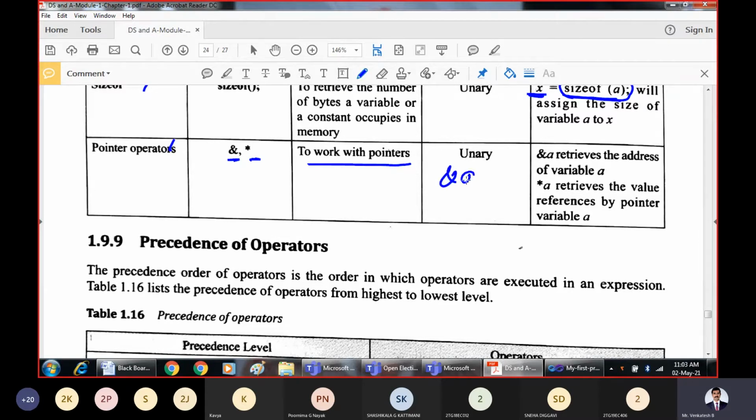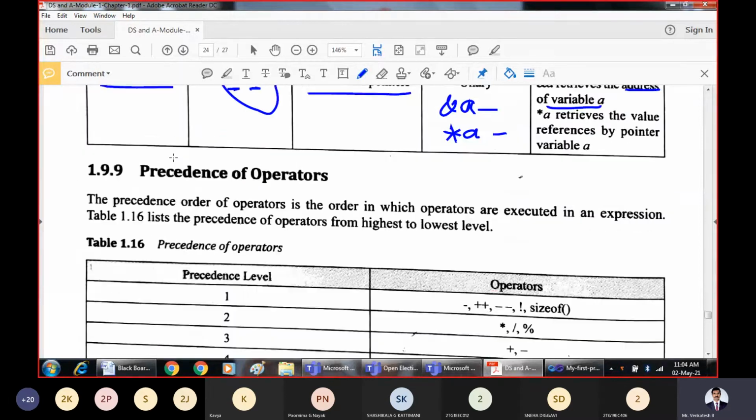So ampersand A, what does it indicate? It gives the relative address of variable A. That means in the entire memory, whatever address is assigned to variable A will be identified by using the address of A. And what does star A indicate? It is the value stored in that location; it retrieves the value referenced by the pointer variable A. This will be discussed in detail at the end of this module. Later I'll discuss pointers in detail.